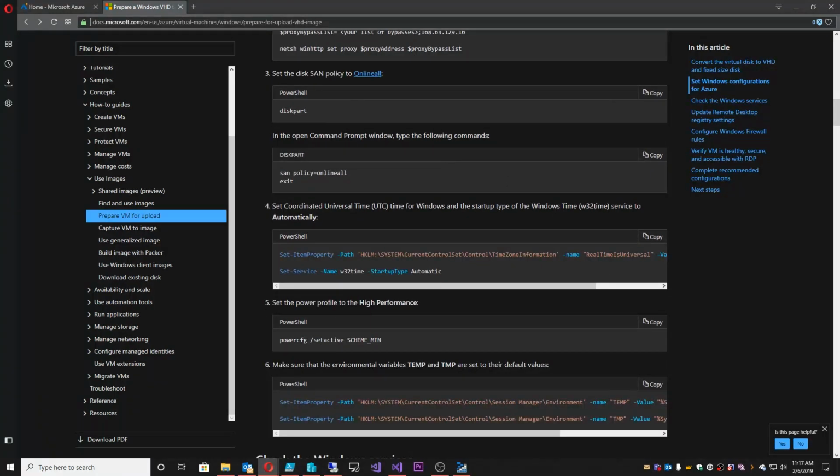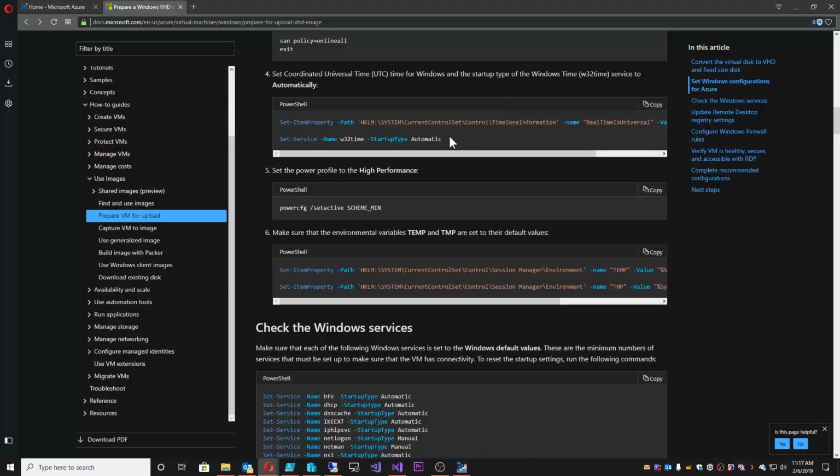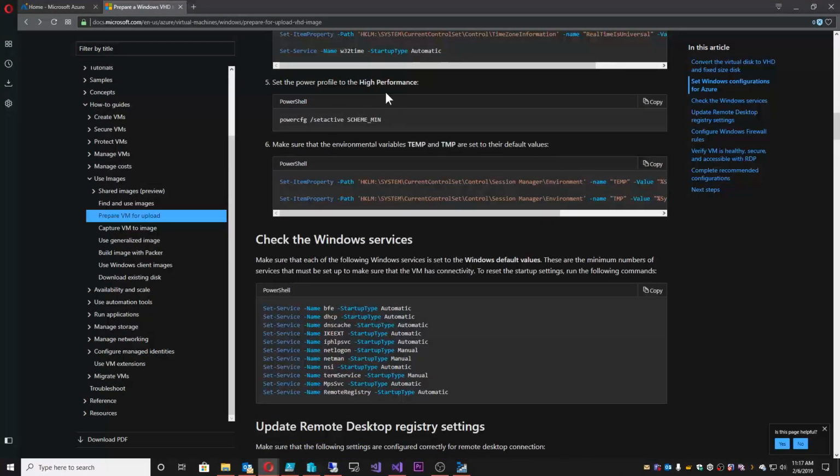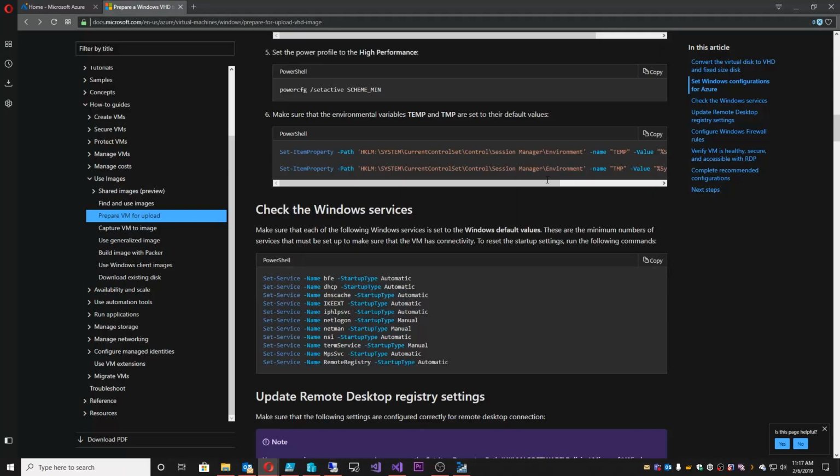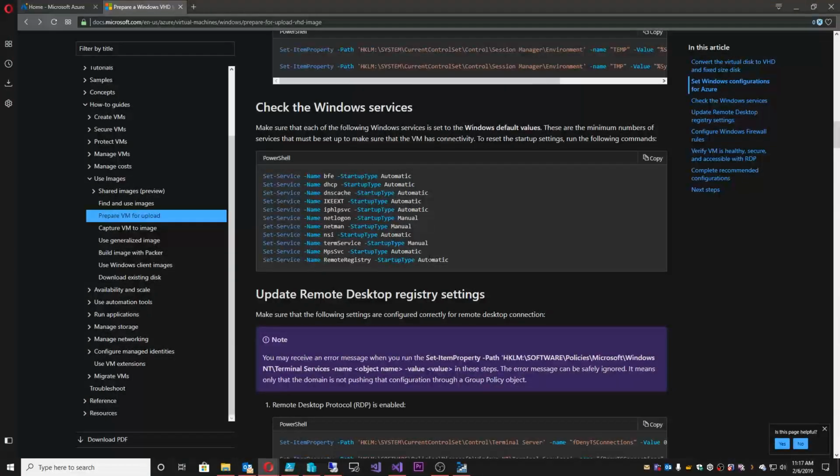Also, make sure all disks that are on the system are online. And then after that, that your time zones are set up correctly and that your power profile is set to high performance. And then we're going to set our temp directories. After that, make sure that our services that we need are set in a way that Azure needs them to be set,